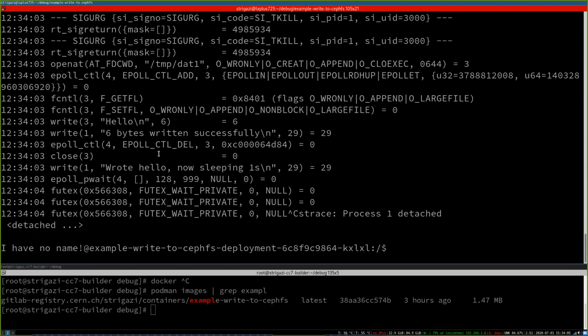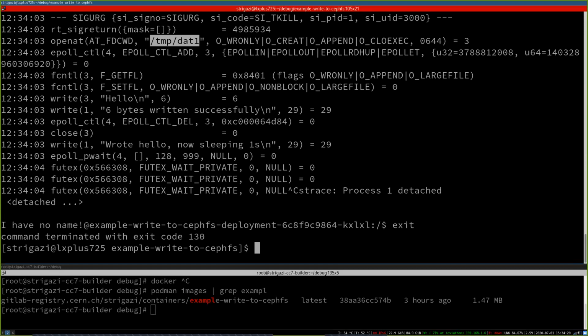And you can see here that, as I told you, what this application is doing is writing to a file in CephFS, which is in /tmp, and we just got this with a TCP dump because it tried to open a file to append. So I will just demonstrate to you that this is what it's doing. If we check